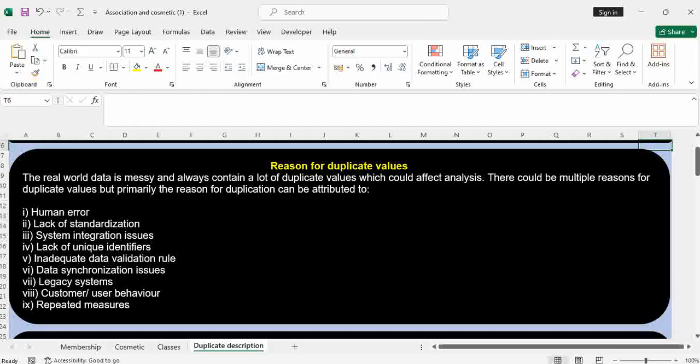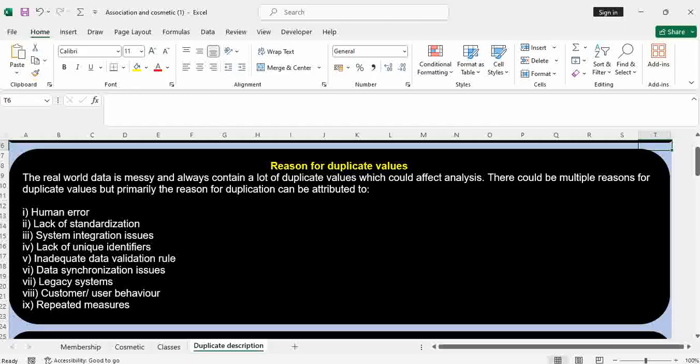Repeated measures, as I've already mentioned in our class, you can have the same person measured twice due to some reason, and we have also mentioned that this might not be a mistake. So these are the key reasons for duplications, and of course we might have others that you can study on your own. In our next class, we are going to look at